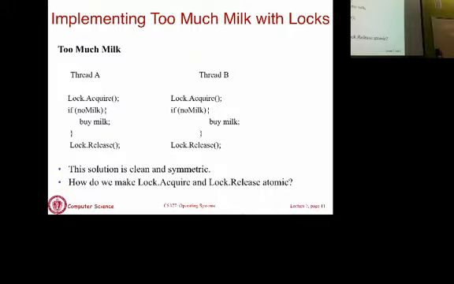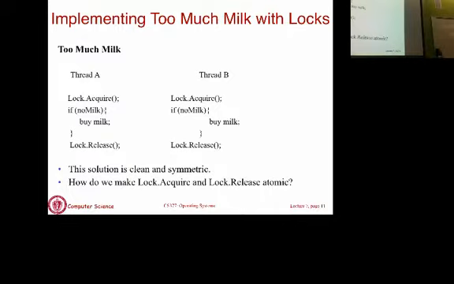So all that thread is doing is acquire a lock. Okay? Then check if there is milk or not. If there is no milk, go buy milk. And when you are doing this, the lock property is guaranteeing to you that if you are executing this code, no other thread can execute the code. If they try to acquire a lock, they'll all be blocked. Okay, so by definition, if you're checking whether there is milk or if you've gone off to go buy milk, it's like you put a lock on the refrigerator so the other roommate cannot even check if there is milk or not. So they can't do anything.